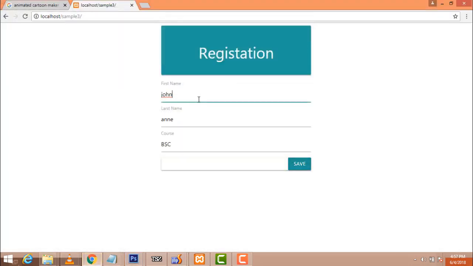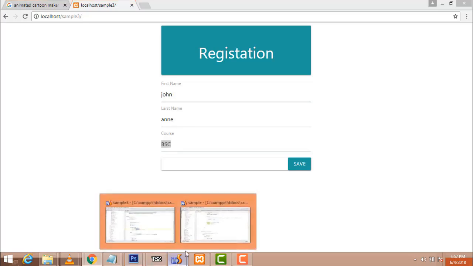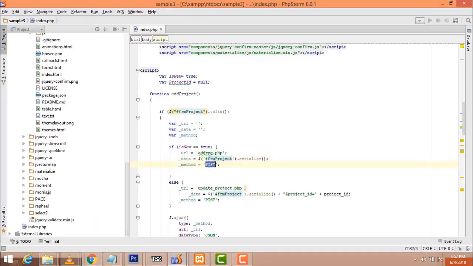What data do you have to add here? John, Anne and BSc. These are the data. Okay, these are the data you are going to pass. What is the method you are using? Post. Okay, now URL